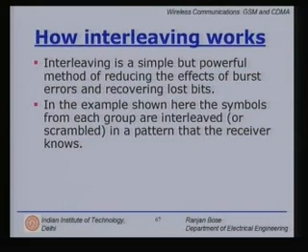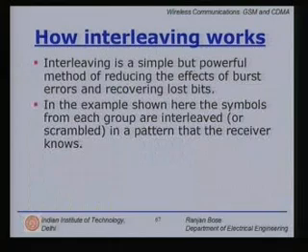You read in the data row wise into the memory and read out the data column wise. At the receiver side, you put in the data column wise and read out row wise, so that you undo the effect. But what will happen is all the burst errors will then get distributed over the data sequence. But that is just one of the simple ways.